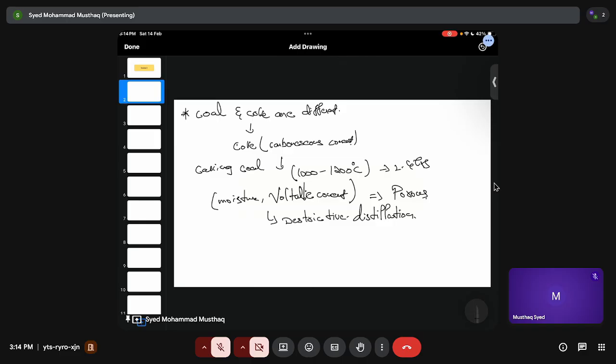Right. Now this is about destructive distillation. Why do we do this? Because you need to form a hard and porous substance, and by doing this you are trying to remove the moisture and volatile content. Directly using coal doesn't give that much impact strength, and coal has less carbonaceous content and more moisture and other things. So what we are trying to do is remove